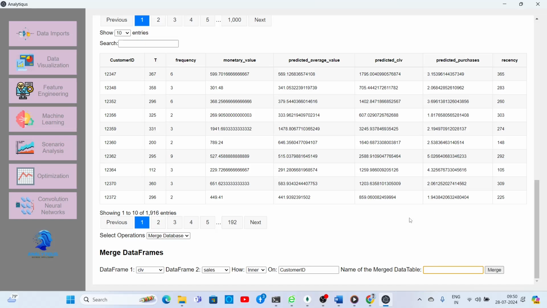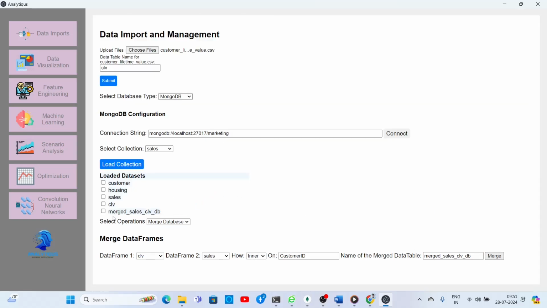You can name the database. So let us name it merged sales and CLV data. So we are going to merge these data. You can give any valid name and merge it. Now, as you can see, it has appeared in your loaded datasets table list.